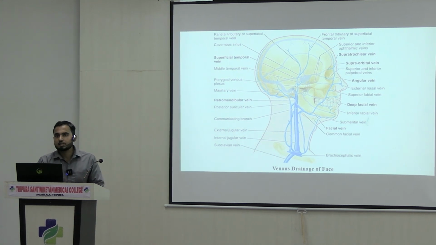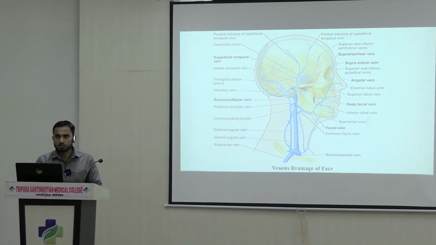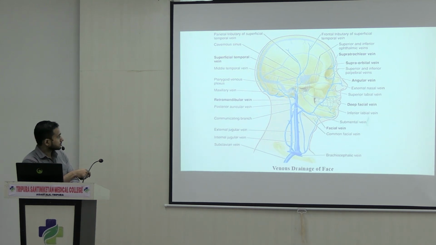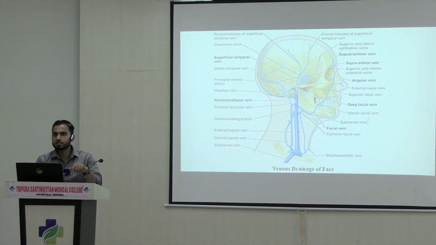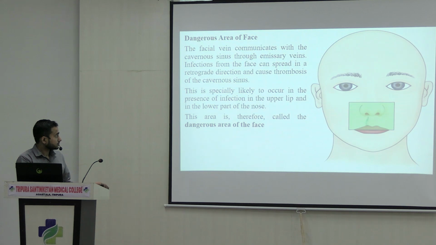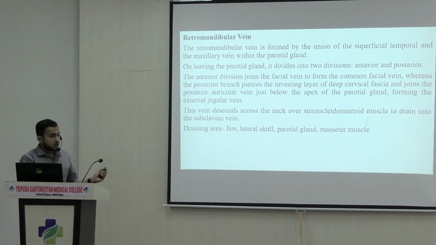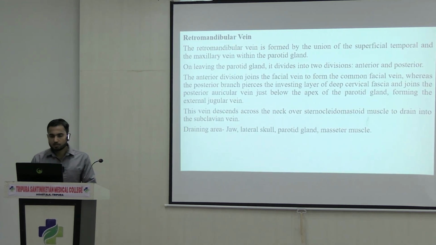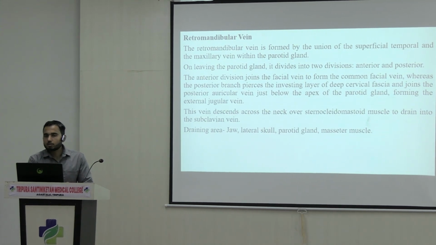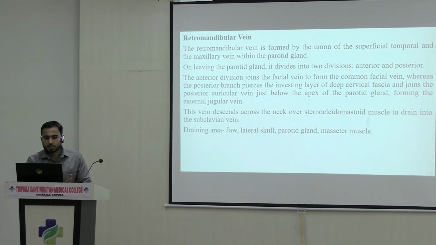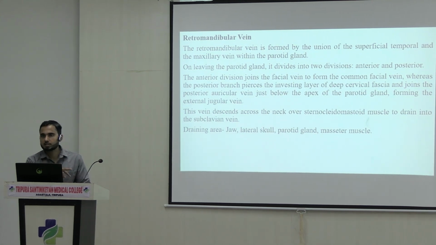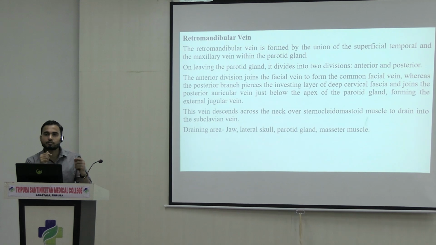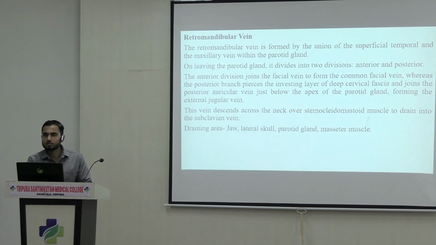Okay, now another vein is there, that is the retromandibular vein. Okay, so the retromandibular vein, how it is forming, where it is forming, that also you have to know. Okay, now if you see the retromandibular vein, it is formed by the union of the superficial temporal vein and the maxillary vein. Okay, superficial temporal vein and the maxillary vein will join together, and the formation is taking place within the parotid